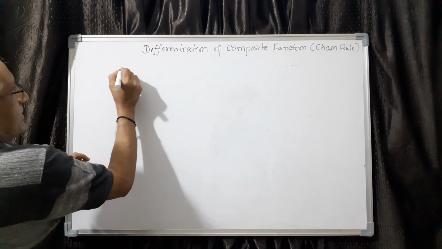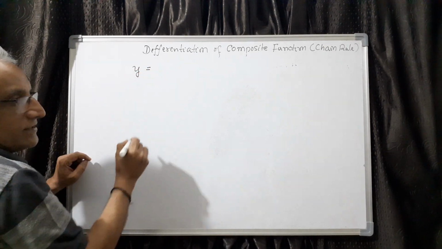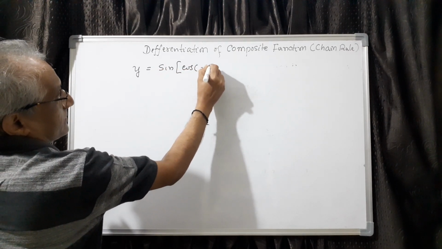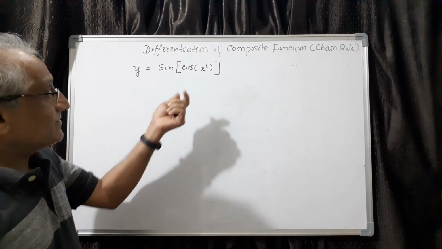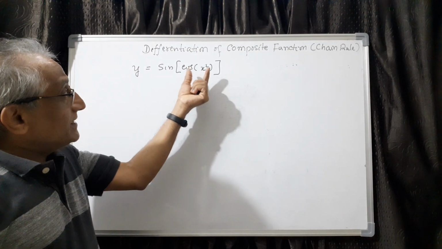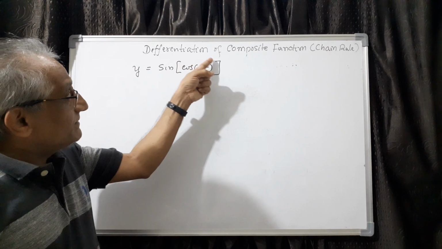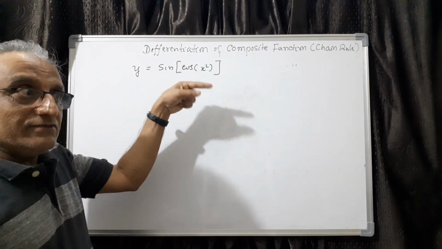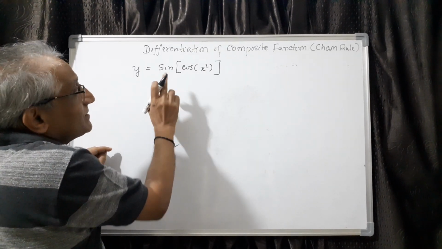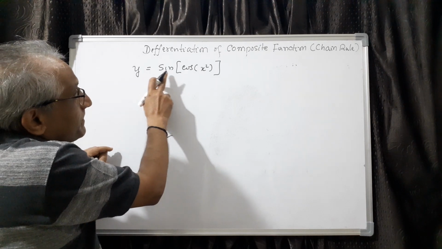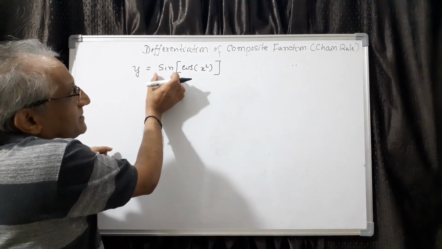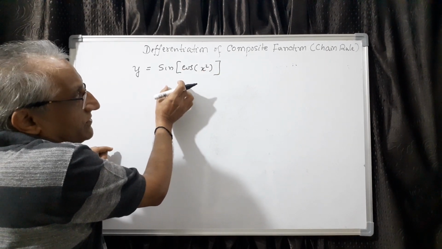This is also worked out only. Let us take y equal to, say, sine of cos of x square. Now try to understand this one. x goes to x square. This is the innermost function, u. Then it goes to cos x square. So this itself is a composite function, the composite function which you have done already, two functions. Then that goes to sine of that. So three functions. This is the outermost, sine, then cos, then x square. That means this is u, this is v, this is w. So it is w of v of u.